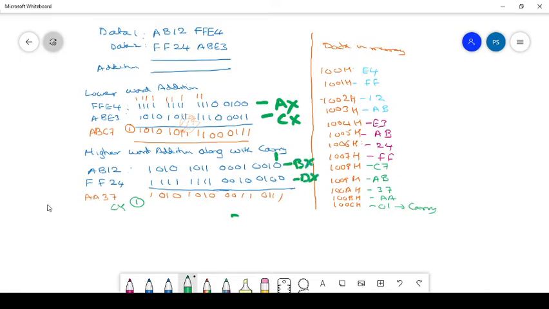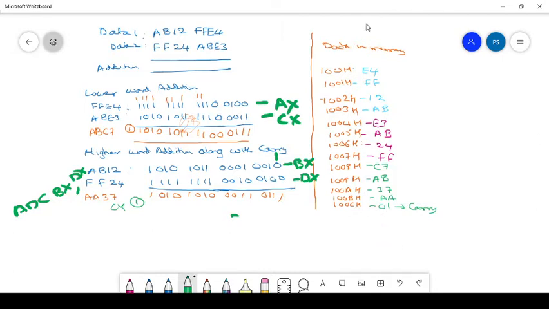So we are using an instruction called ADC BX, DX. That result is stored into SI plus 8. Whatever result we got, that is actually AA37. So this result is C7AB, that is the lower word, and the higher word is AA37, and the carry is generated to the next consecutive memory location, that is 100CH, 01.